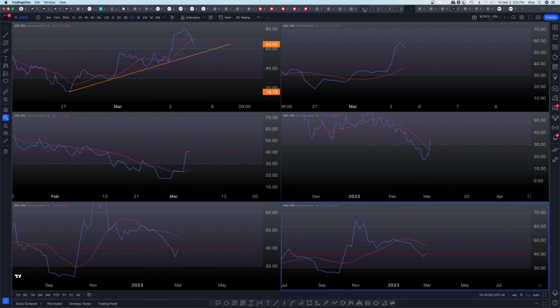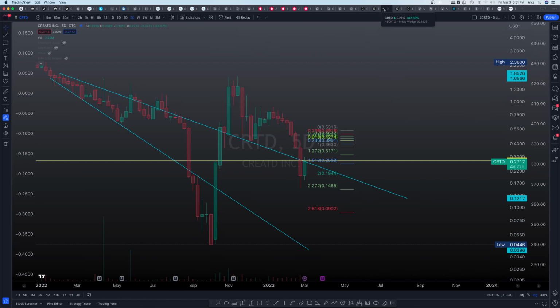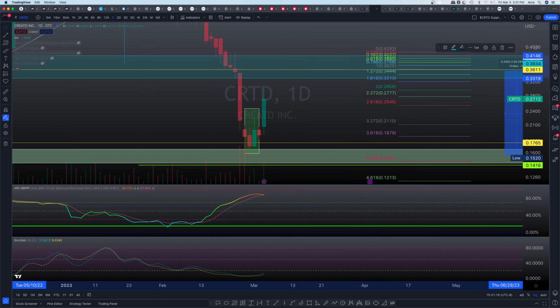Okay, we're gonna go ahead and evaluate that later. Okay, you guys. But if we're looking at potential retracement, like I said, just in the previous chart right over here, 2296 to 2485 seems like the area that's going to be most relevant for loading. And then the upside continuation, very likely to touch on the area of about 3331. Let me just do this. Yeah, 3319 to about 3611